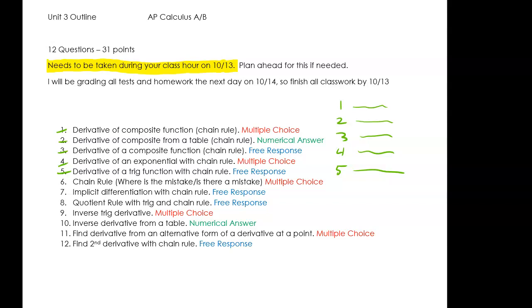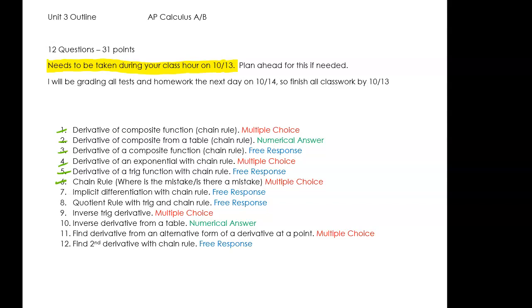I did word it slightly different than Khan Academy because I don't like how Khan Academy words it, because it could be taken as meaning, let's say there's an error in step 4. Well, then kind of there's automatically an error in step 5 as well. So the way I worded it is I said, what is the first step there is an error, if there is an error? And then one of the choices is also there isn't an error. So that is question 6.